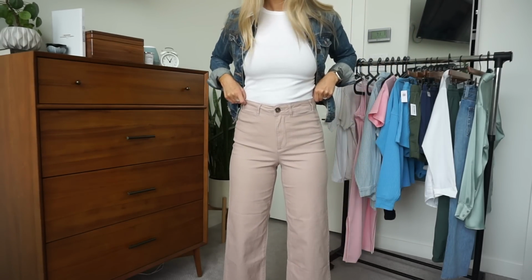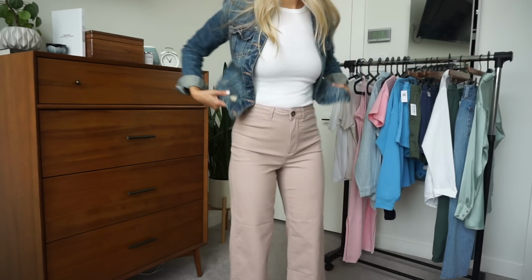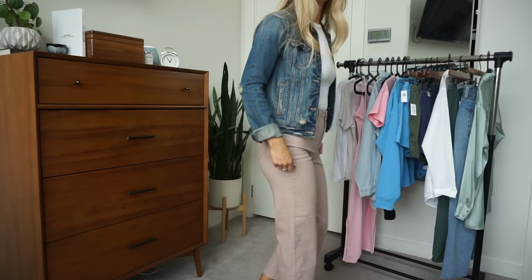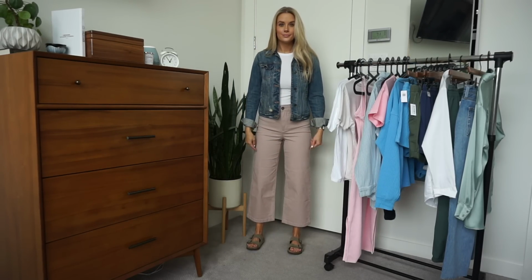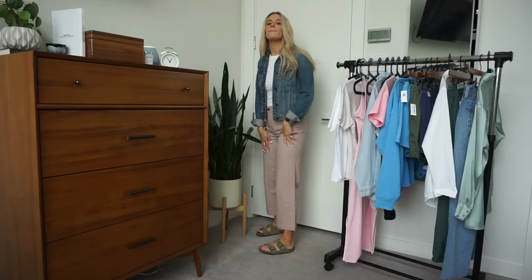You guys know I was looking all over the place for wide leg jeans, and I'm still not having the best luck, but these are cute. Honestly, I don't love the color of these, and I would look into different colors because I thought these looked more pink on the site, and they're showing up pink on camera, but in real life, they look like I